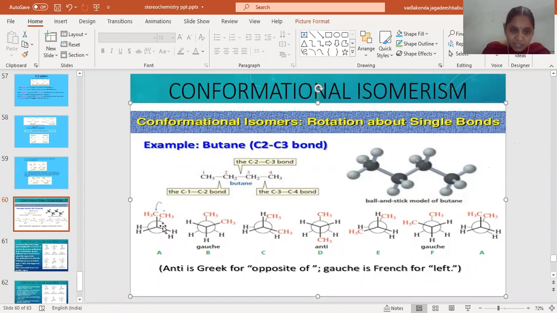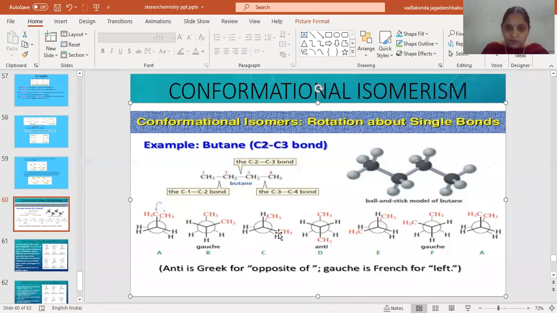Like here, if we rotate this front carbon by 60 degrees, this front methyl is coming here and hydrogen is moving 60 degrees. Here you can observe all the groups will be having a difference of 60° angle among them. So this is another isomer which is known as the gauche form. The first isomer is known as the eclipsed form. The second one is known as the gauche form. Again, if we rotate the front carbon atom groups, then we will get this form, which is also known as the eclipsed form.